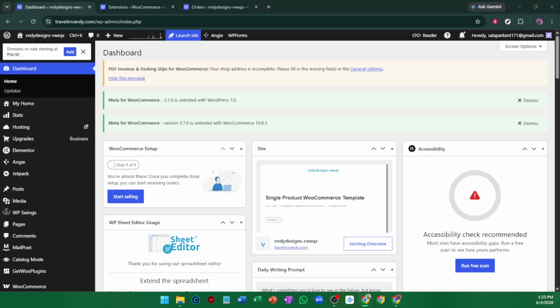In today's video, I'm going to teach you how to print shipping labels in WooCommerce. We'll start inside your WordPress dashboard because this entire process begins from your store's admin area. Once you're logged in, the first thing you need to do is make sure WooCommerce shipping is available on your